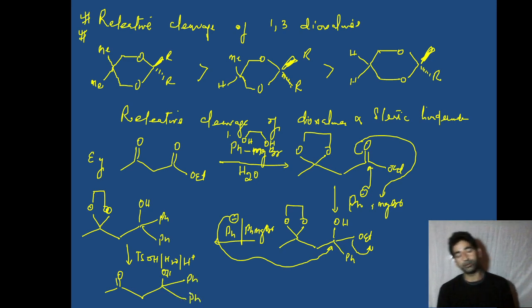This is why protection and deprotection is important when it comes to the selectivity and reactivity of a particular functional group. Now let us take a few more examples. Let me have this type of example. This is again a very good question. This is my OH, in the equatorial position, and this is my OH, in the axial position. Now see what can happen over here.